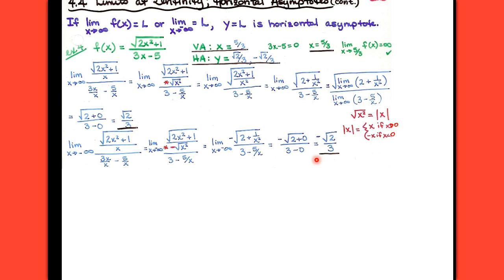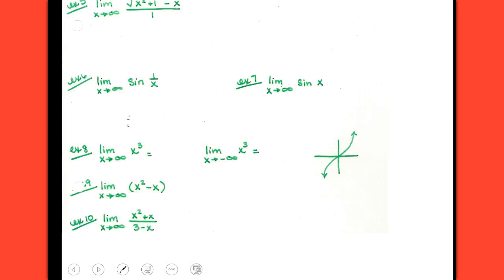All right? Let's look at some other abnormalities, if you want to call them that. Look at example number 5. Example number 5, they asked me to find the limit as x approaches infinity of the square root of x squared plus 1 minus x all over